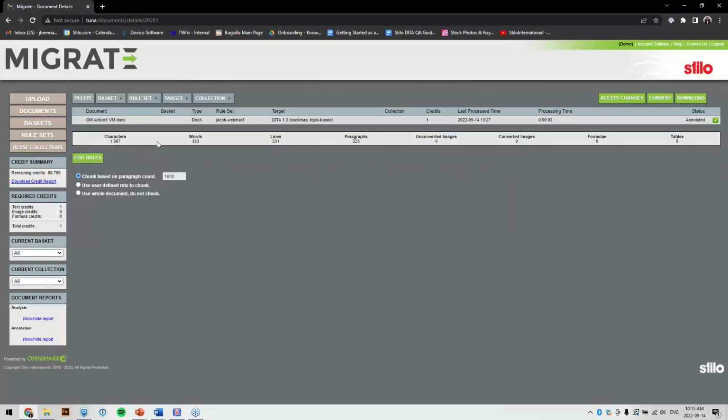And so when I click on that, it shows us all of our information here. You've got your characters, your words, your lines, your paragraphs, and so on and so forth. The only other thing of note here is that we are going to be targeting DITA 1.3 for today. So if we just hit the Edit Rules button here,